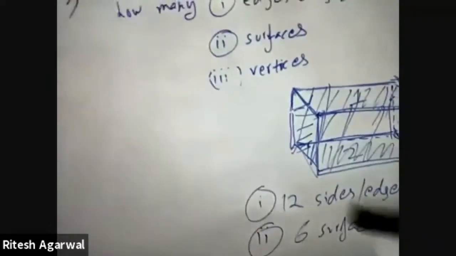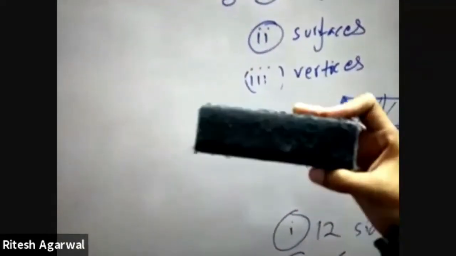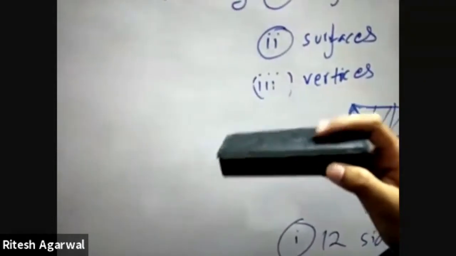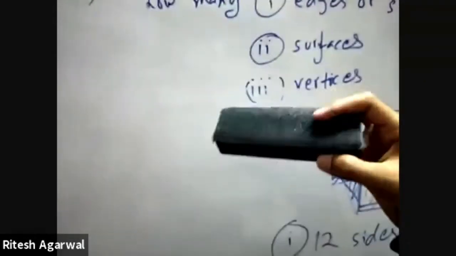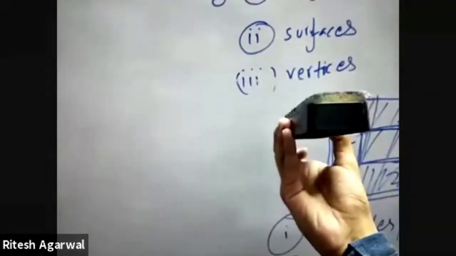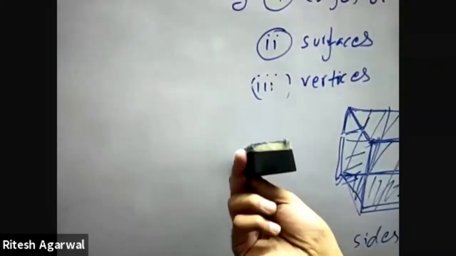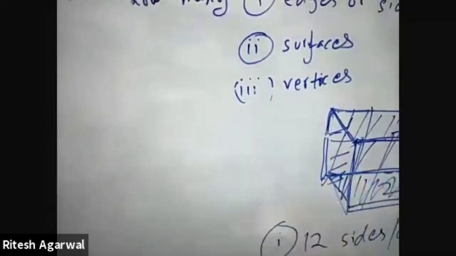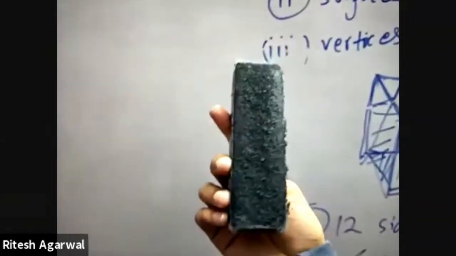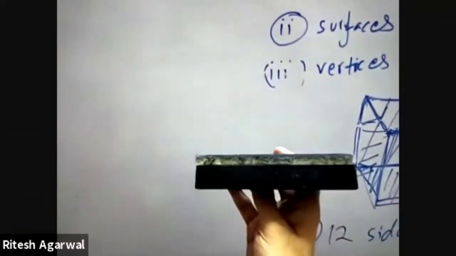Let me show you another example. Imagine that this is a cuboid. So this is the first surface, and it's flat. The exactly opposite side, you have another surface. So surface 1, surface 2. Then you have surface 3, surface 4, surface 5, and finally this one, surface 6. So there are 6 surfaces in a cuboid. Each surface is a rectangle. See, this is a rectangle. This is a rectangle. This is a rectangle. So each surface is a rectangle.